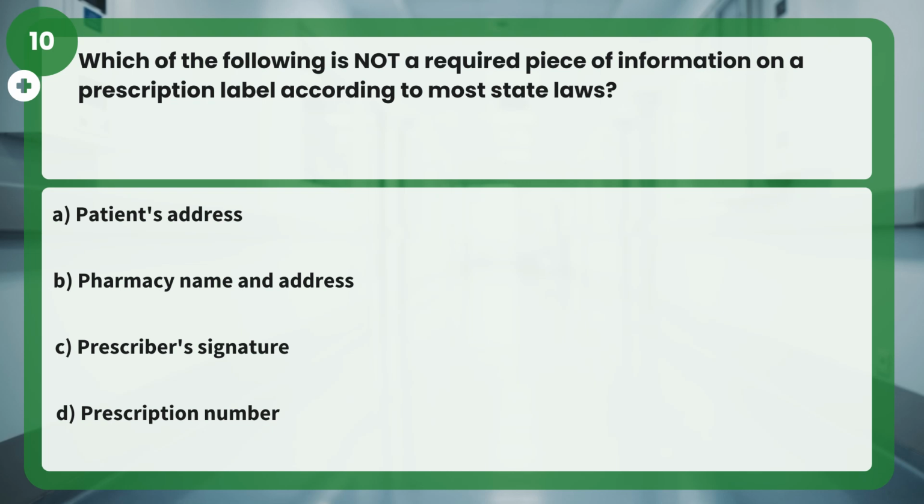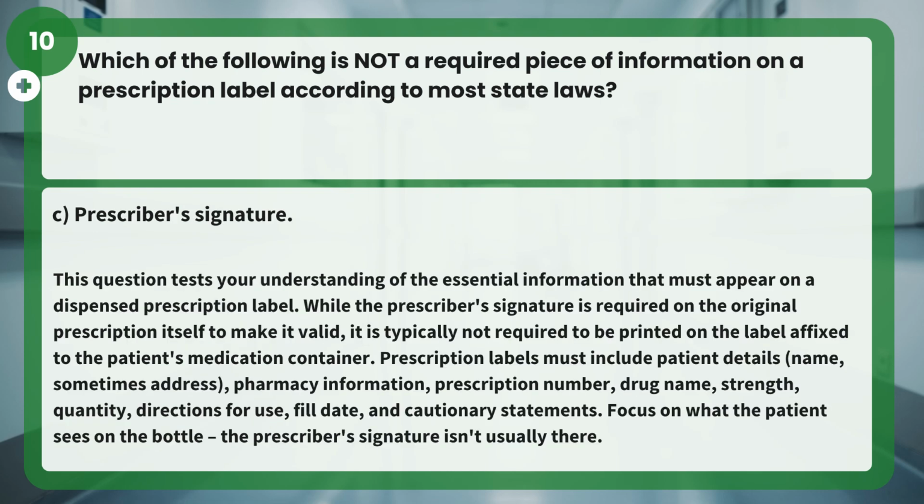Question 10. Which of the following is not a required piece of information on a prescription label according to most state laws? A. Patient's address. B. Pharmacy name and address. C. Prescriber's signature. D. Prescription number. Answer: C. Prescriber's signature. This question tests your understanding of the essential information that must appear on a dispensed prescription